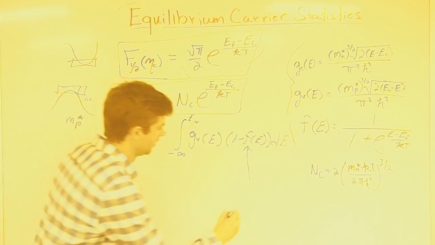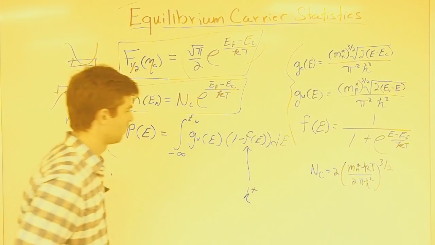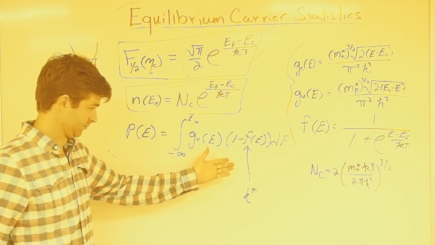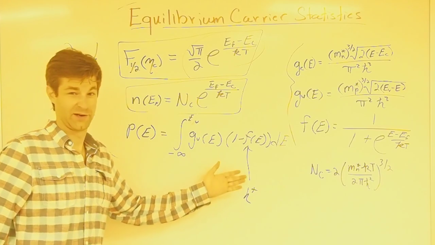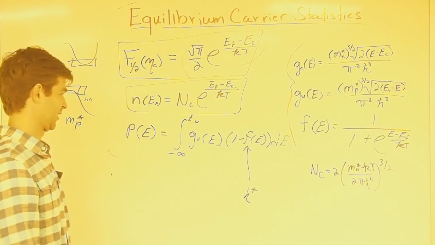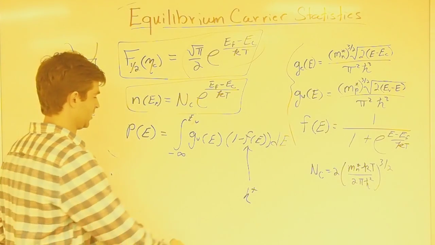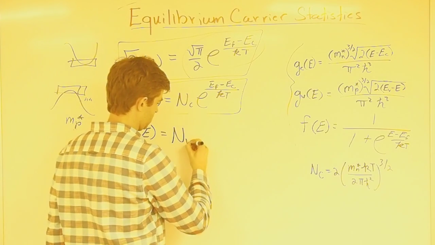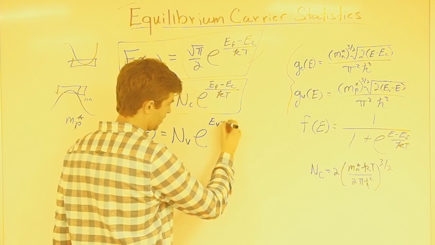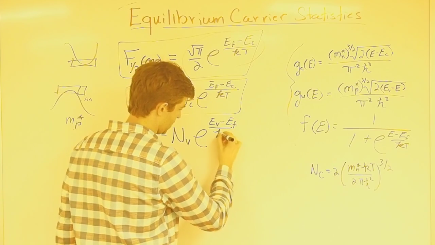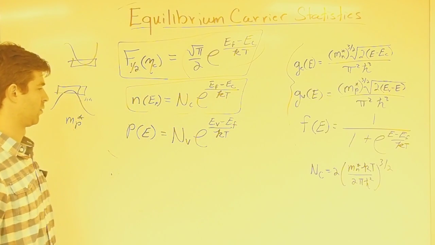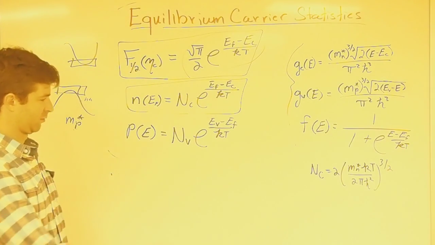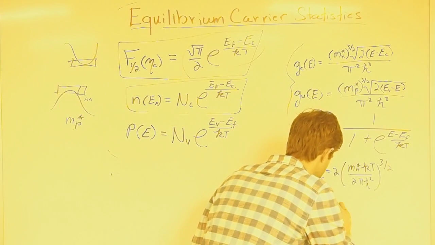This is kind of important. A hole is basically the absence, a state in the valence band that used to have an electron that now doesn't. And that's what a hole is. And we get a similar expression for this, which is N_V e to the E_V minus E_F over kT. So that's the number of holes in the valence band for any non-degenerately doped semiconductor. And N_V, similarly, is equal to 2